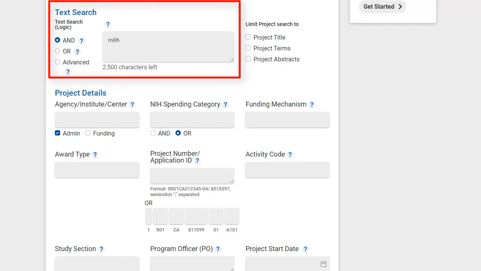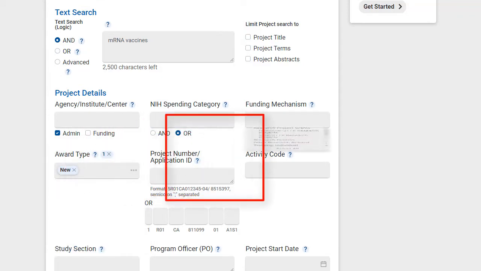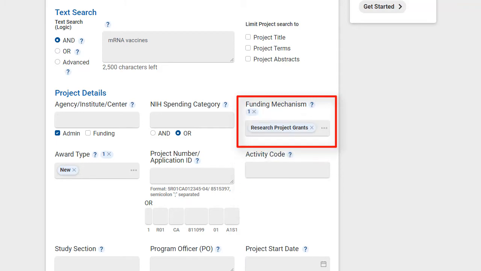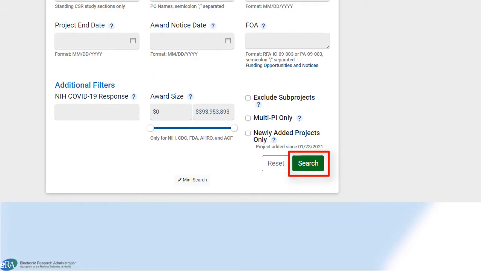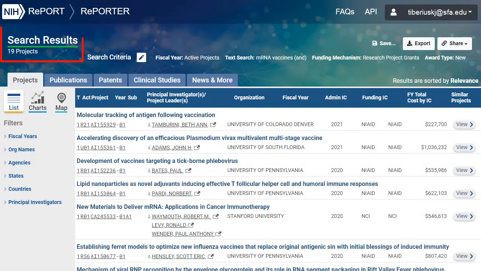In the text search field, we will add mRNA vaccines. In the award type, we will select New. And from the funding mechanism, we will select Research Project Grants. We then scroll down to click the green Search button, in the bottom right corner. Note, at the top of the search results screen, the search has found 19 matches, and the search criteria is